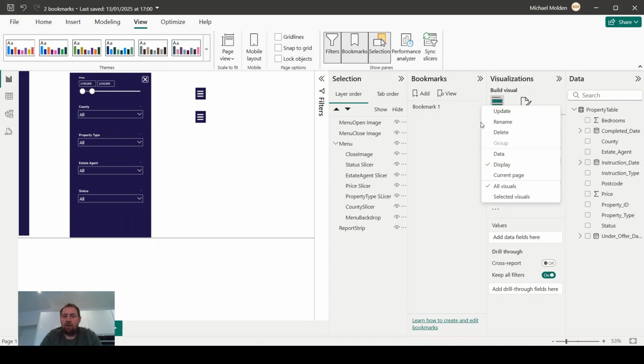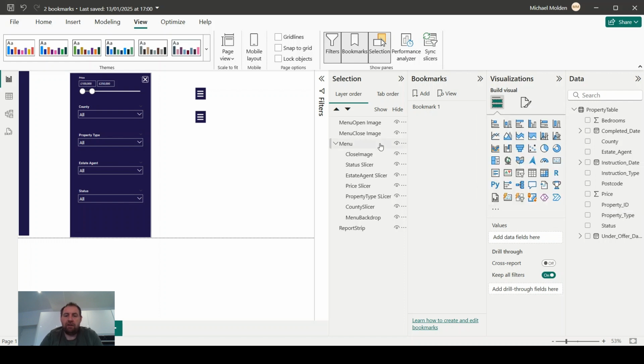On top of that, what is good practice is doing selected visuals, and that way the bookmark is only going to affect what you selected. So in this instance, we're going to want the menu. Select the menu, and then also we are going to need